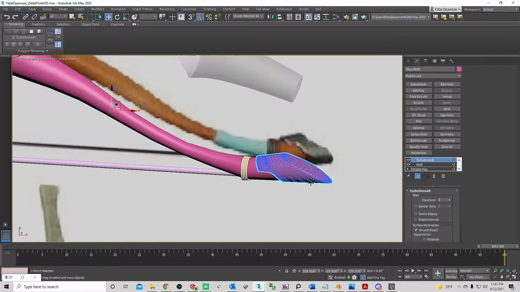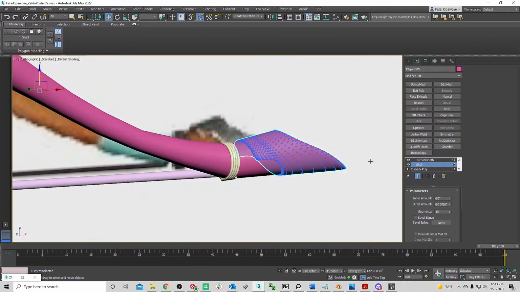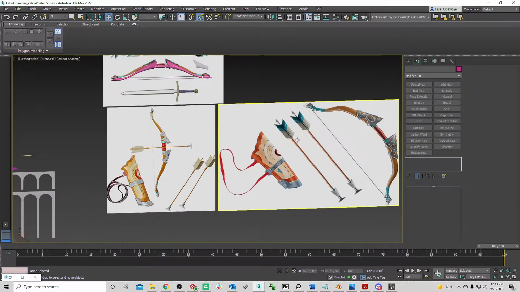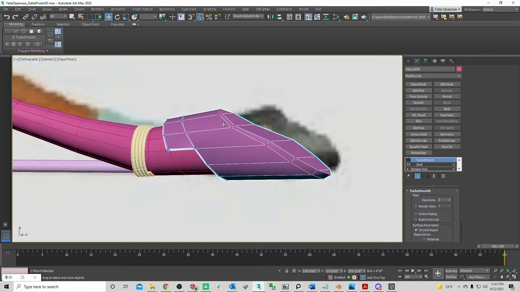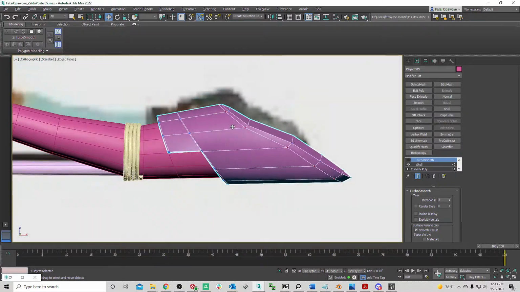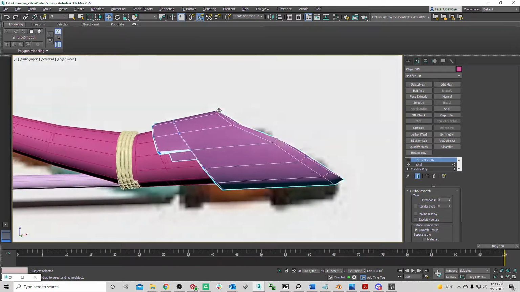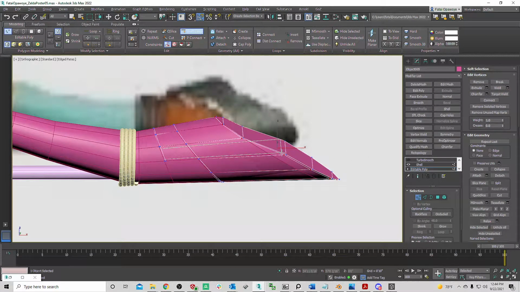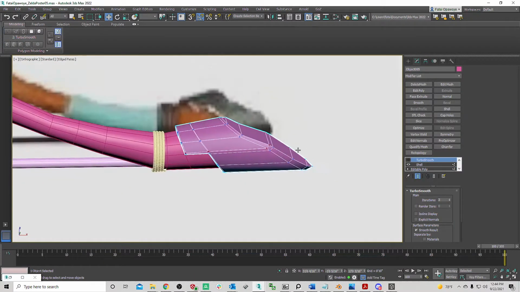Two. So I can go down into my modifier and just increase that like so. And if you're starting to see that, oh man, this part right here is too soft and you're not getting the amount of detail that you need, you can always throw an edge loop right in here. Throw an edge loop right in there. You'll see what it's going to do is